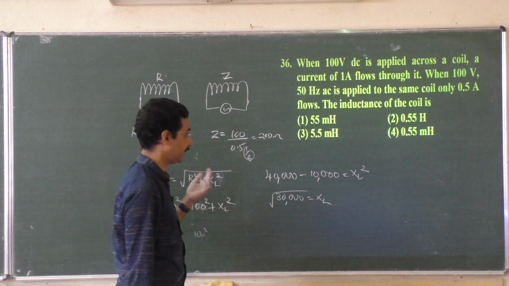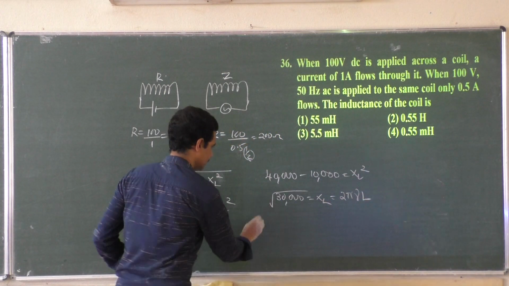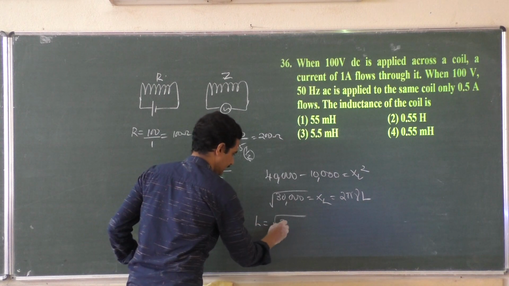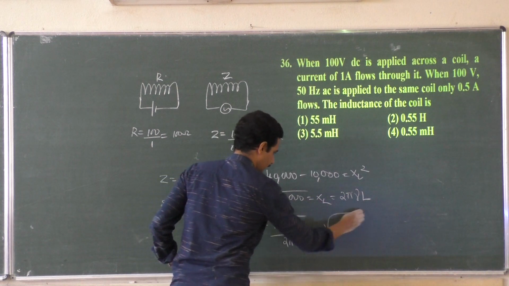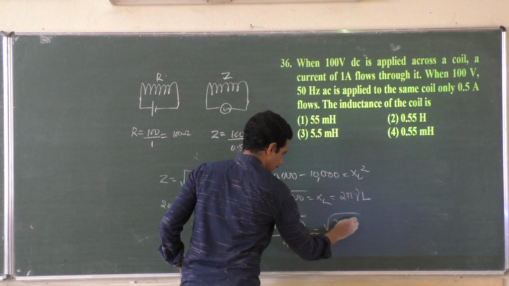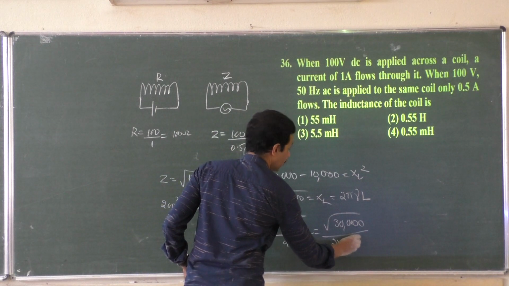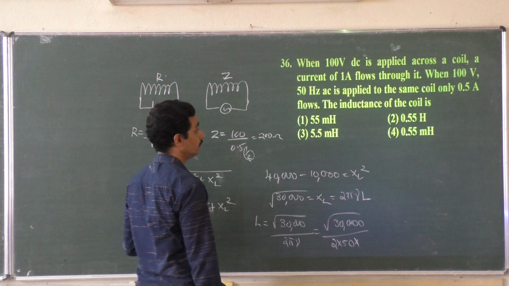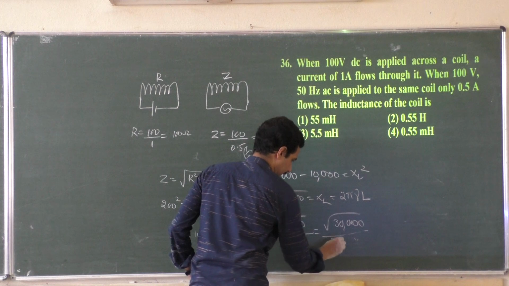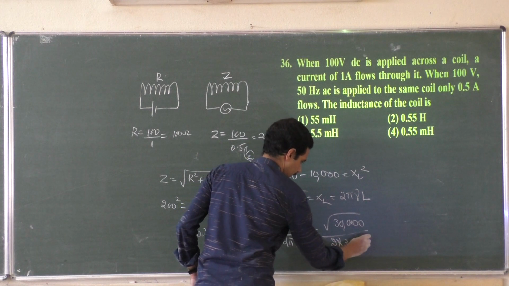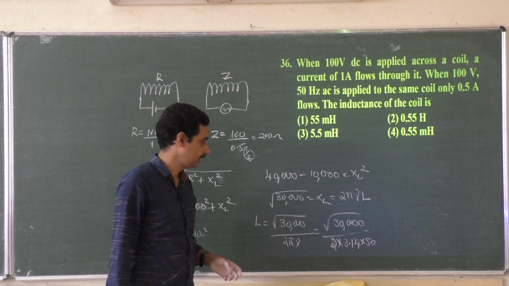That is equal to 2 pi nu L. So what is L? L is equal to root of 30,000 by 2 pi nu. With 50 hertz nu, and pi is 3.14, 2 pi nu is 2 pi into 50. So what may be the root of 30,000? 15 squared is 225,